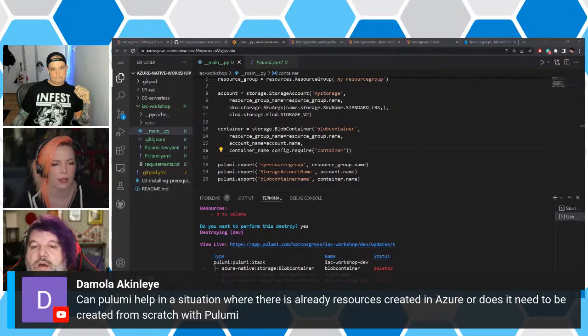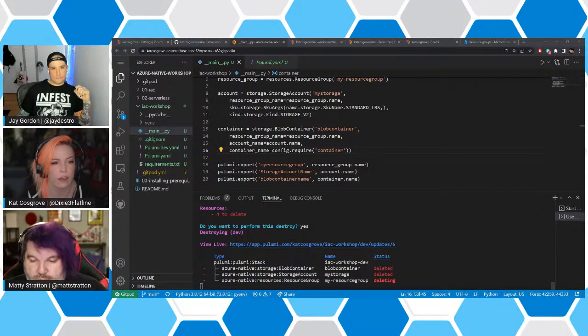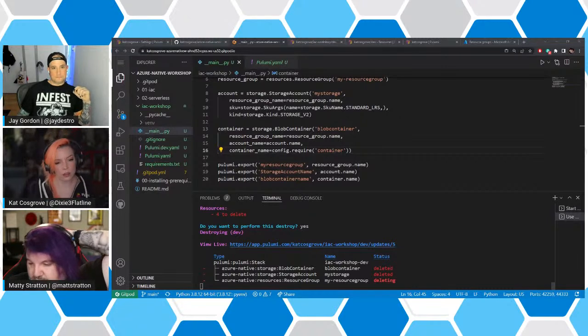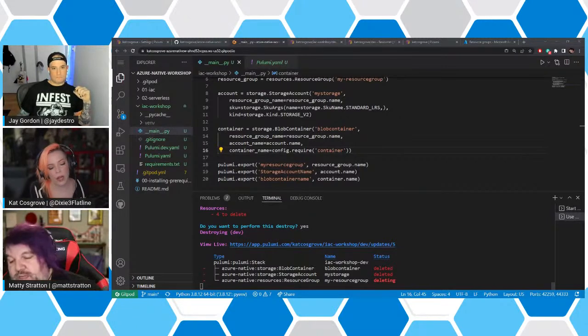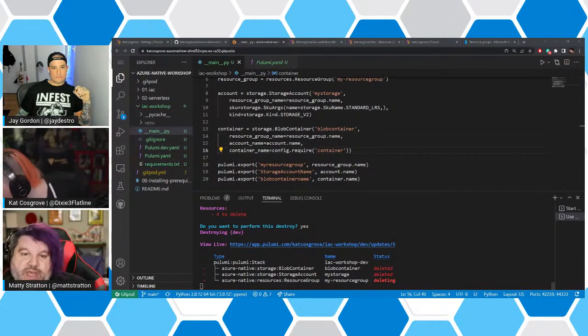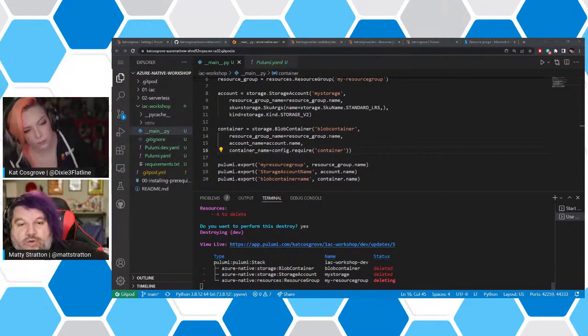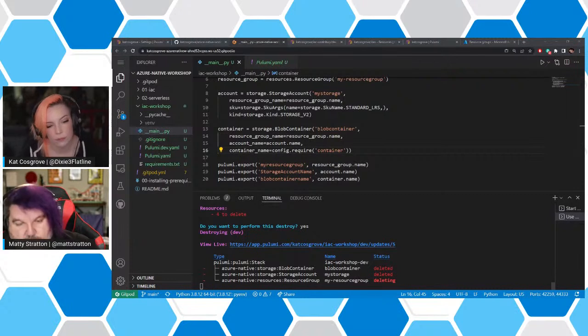The resources already have names and IDs. If you can do it through the Azure CLI, you should be able to. I want to handle the case where there are already resources created. Oh, I think I understand. The question is what you would need to do, and what you can do is import. Pulumi can only manage things that you've told it about, but you can point Pulumi towards your infrastructure, and it will slurp in those existing resources, and then you can start to manage them in state.